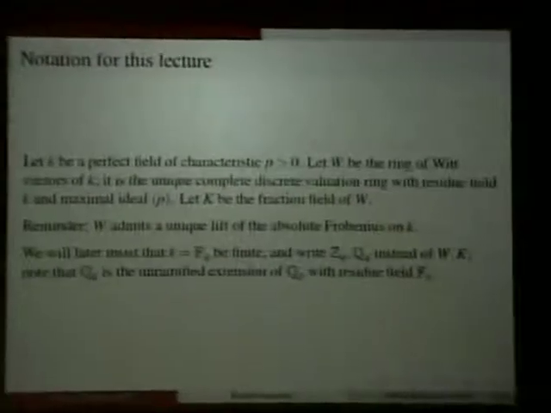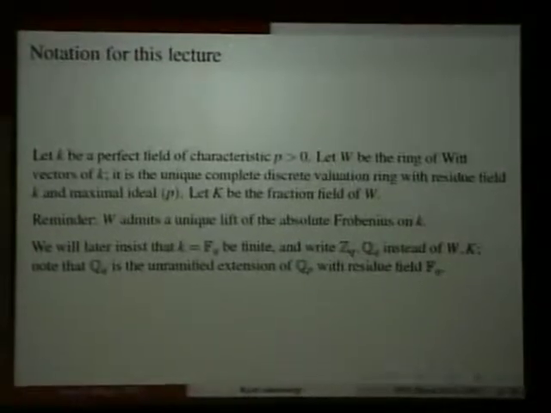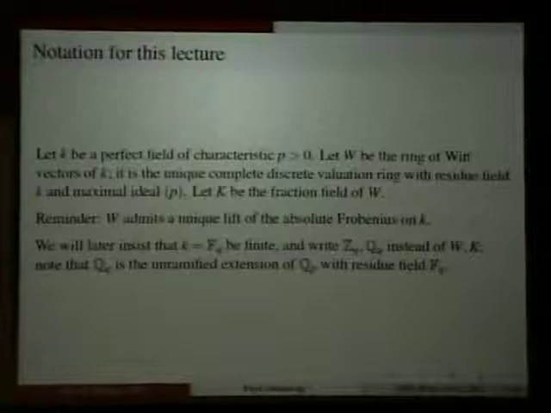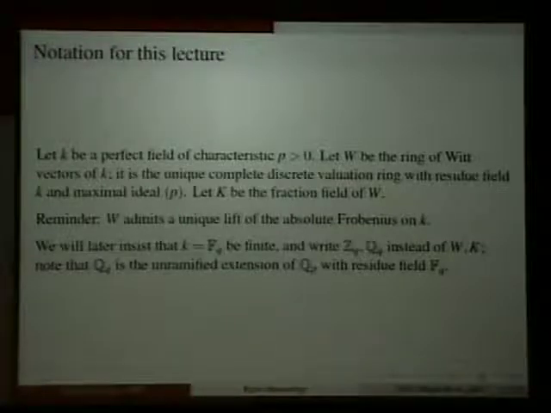So k, little k, is going to be a perfect field. It's going to be of positive characteristic. That means it has a ring of Witt vectors, which means there's a unique complete discrete valuation ring where the maximal ideal is just generated by the prime number p, and the residue field is the field k. And capital K is the fraction field of that. So, of course, you're perfectly welcome to think of just taking k to be F_p, W to be Z_p, and capital K to be Q_p. That will be completely harmless from the point of view of understanding what's going on,